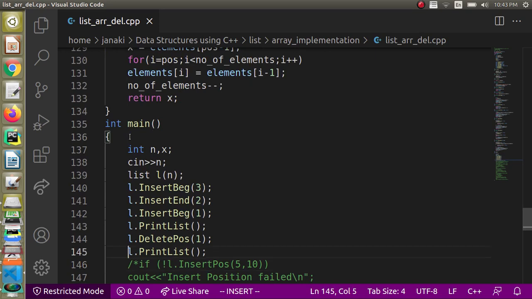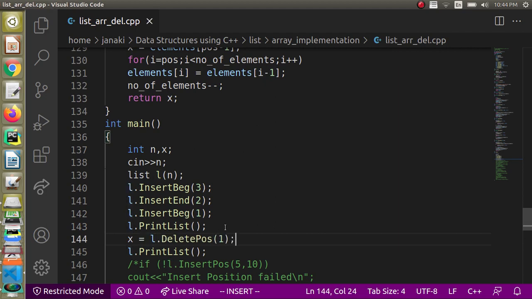Now let us see the function. I have commented all other code. Just I am having 3 insert functions, and I am printing the list, and delete function is also there, and then print list, but I will add few more things for delete, right?